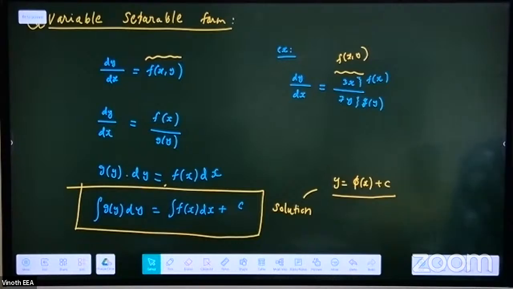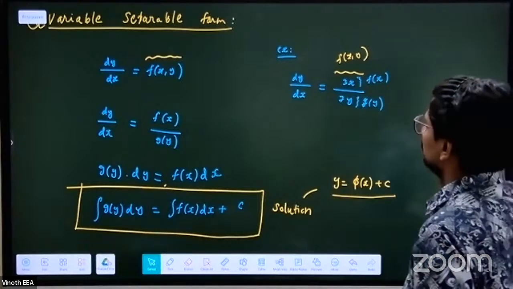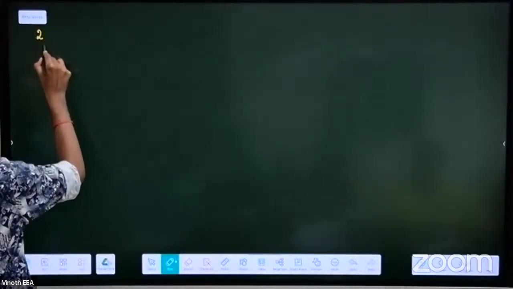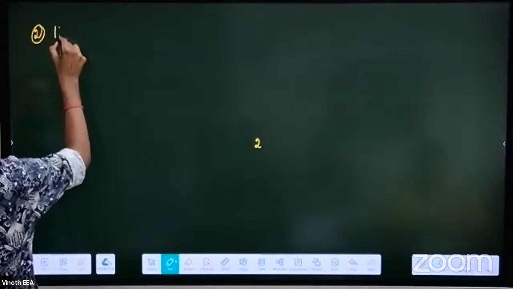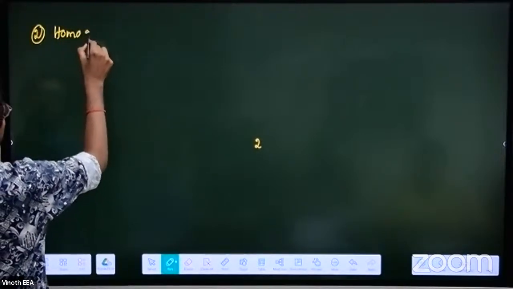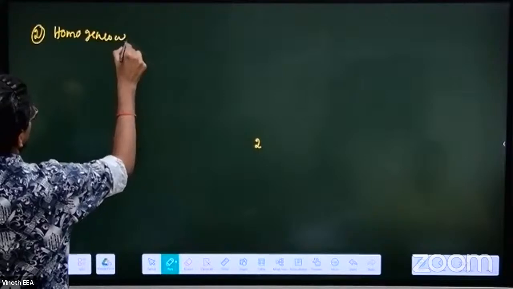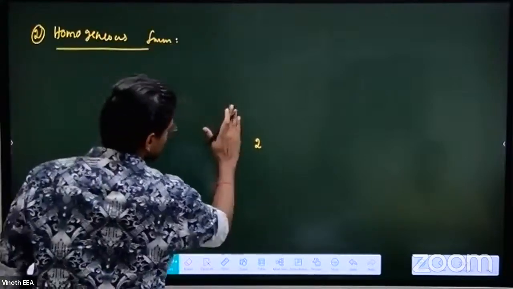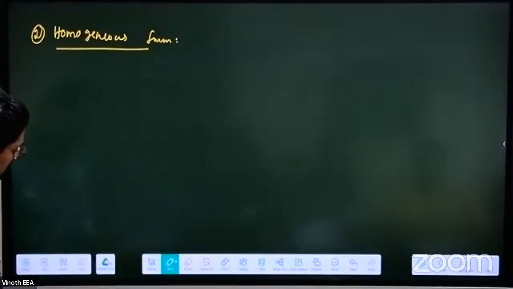முடிஞ்சுச்சா? Okay, next what is the method? Homogeneous. Right, in homogeneous form,